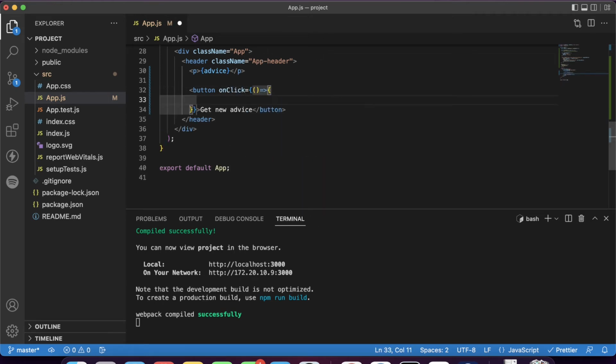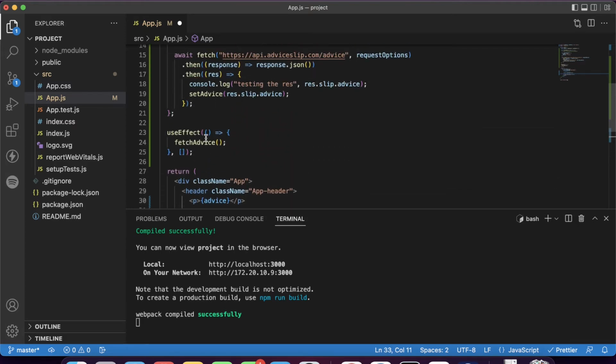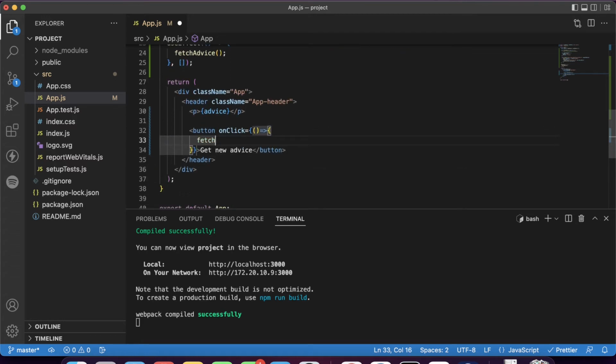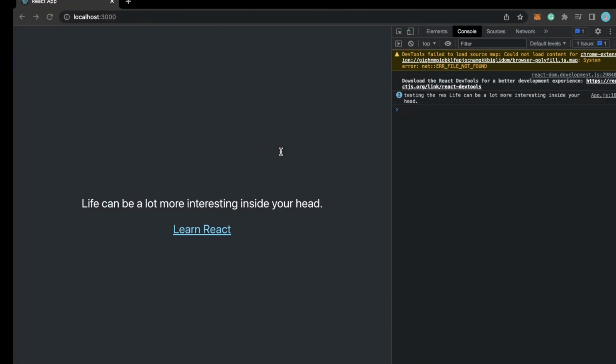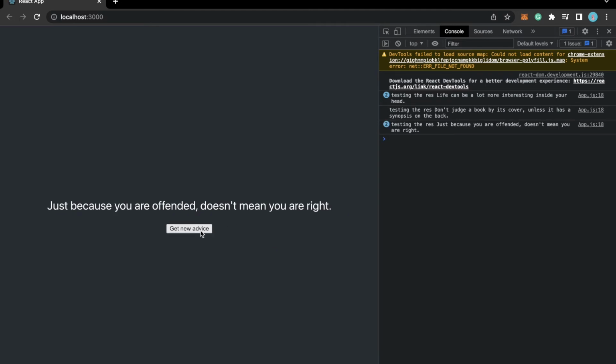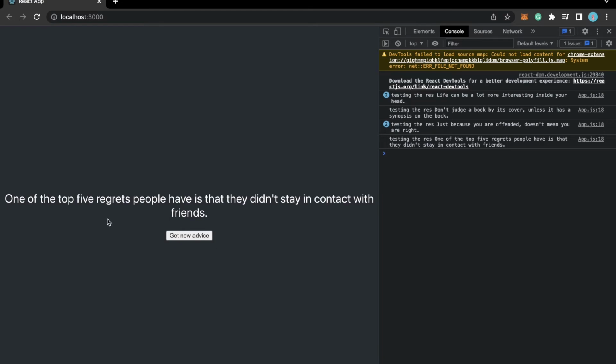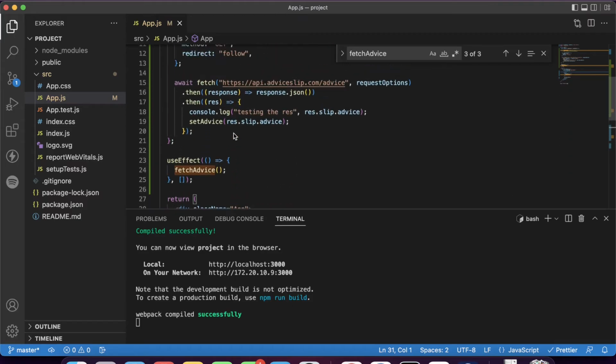So onClick is an event handler in React.js, which means that when this button gets clicked, fire up this function. So I'll just call this fetchAdvice function here. Fetch advice. I think the spelling is correct. Yeah, it's correct. Okay, and now if I press it, I think it should fetch it. Yeah, it's fetching it. Let's add a loading as well.